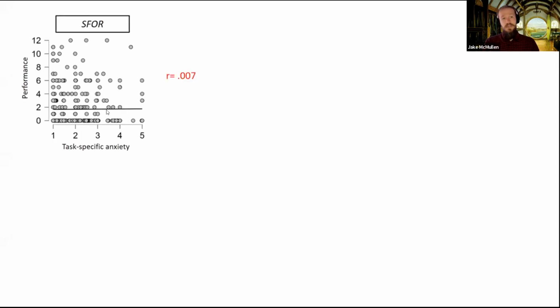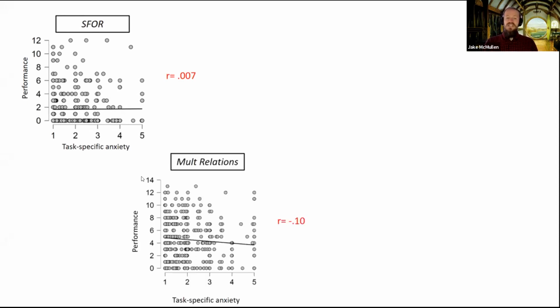The next thing we wanted to do was look at how task-specific anxiety and performance were related to each other. What we found was that there was absolutely no relation between performance and task-specific anxiety on the 4 task. Not surprising, because we wouldn't expect it to elicit too much anxiety except for the uncertainty in the task. But there are plenty of ways to solve it non-mathematically. But we also didn't see it once the task became mathematically explicit.